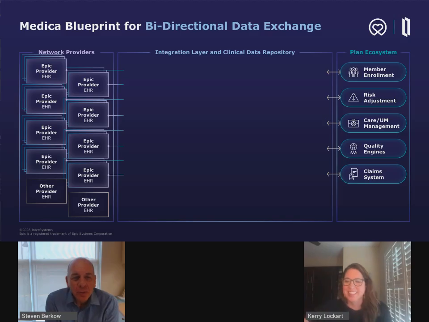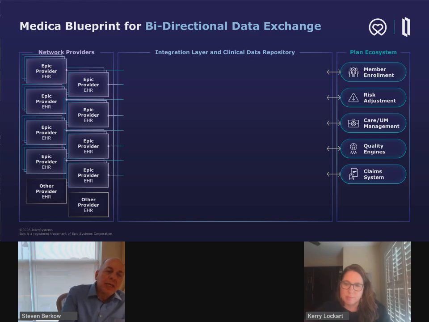Yeah. What I want to do across the next couple of minutes is just give you a sense of Medica's start point and how they envisioned bridging the gap to enable true bidirectional exchange. So on the screen, the start point, I think it's pretty universal. Over on the left, for a typical plan in your network, you've got a lot of providers and they're on different EHRs. Now, as Carrie alluded to, one thing that is notable about this case study is that Medica did have the lion's share of their providers using Epic, and we've tried to capture that in the graphic.